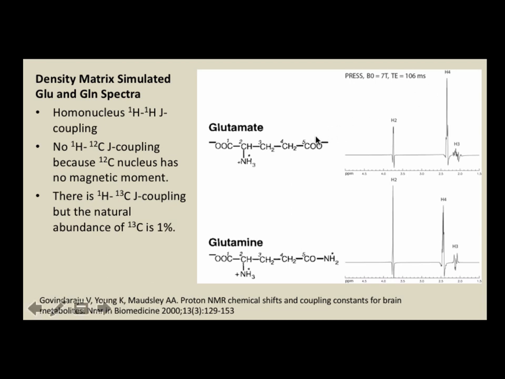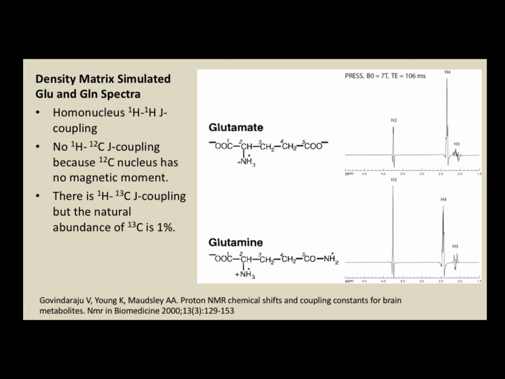Here, we only care about the coupling between the protons. The neighboring protons within three bonds distance have J coupling. It's proton-proton J coupling, homonuclear. We don't have proton-carbon J coupling because 99% of the carbon is carbon-12. Carbon-12 has zero magnetic moment, so there's no carbon